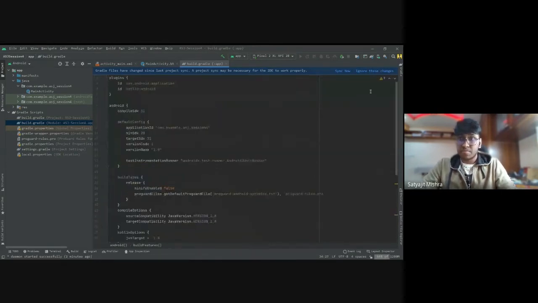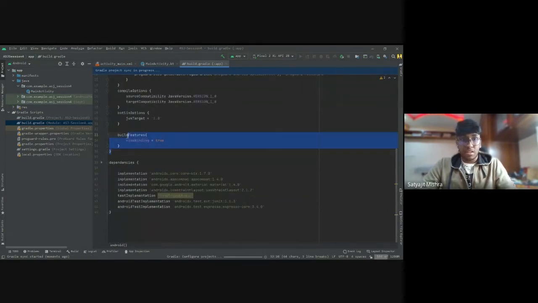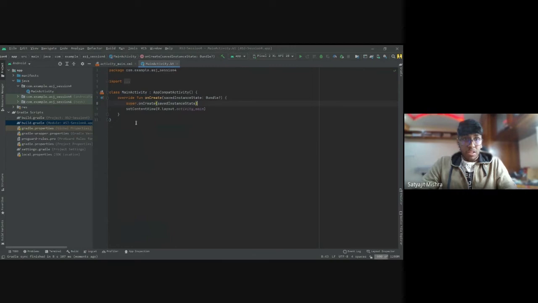All right. You can sync now. So again, like I said, enable view binding before you start with any operations. This is a very important part. After enabling view binding,